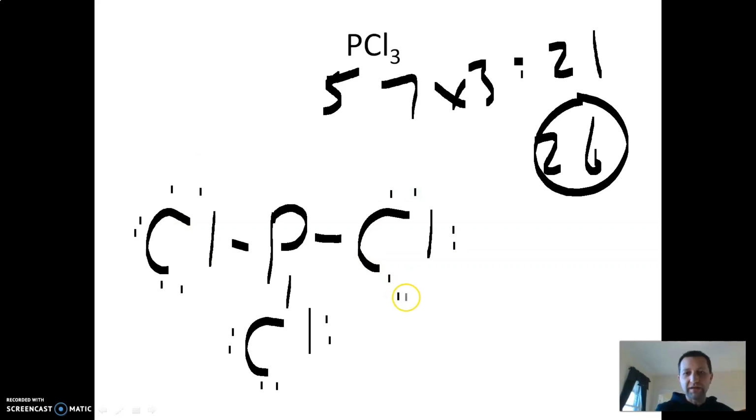Sorry about the sloppy octet or valence pair here. That's how it is. Okay, count them up. We have 2, 4, 6, 8, 10, 12, 14, 16, 18, 20, 22, 24. Okay, well, that's not good. I need 26 electrons, so we'll put 2 more